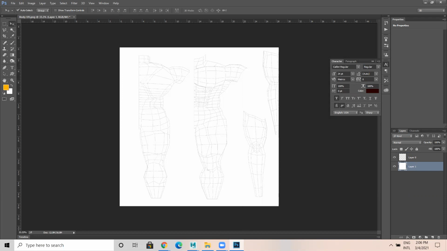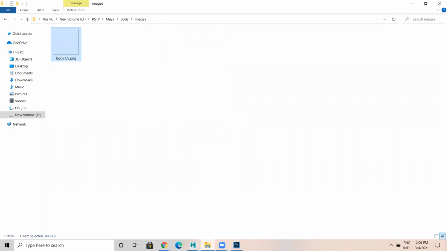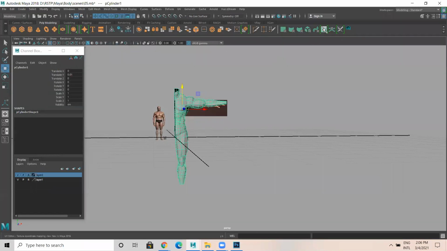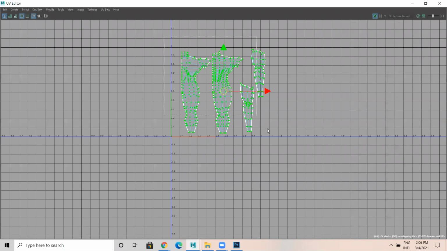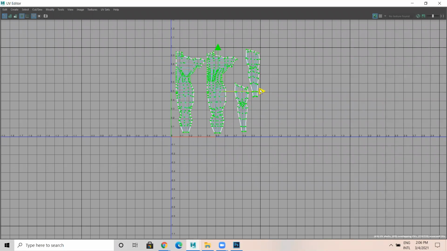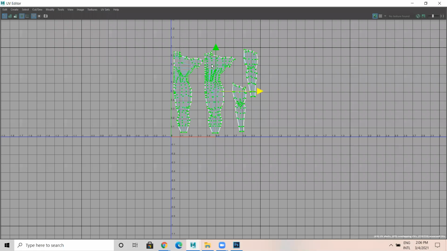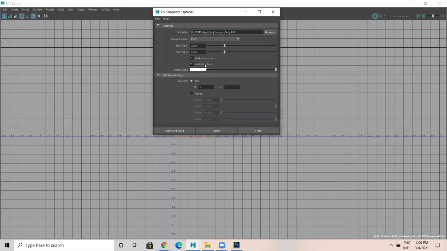Okay, I think here in Photoshop versus Maya UV, this has to be even more on the left side because there is a dark line here. Make sure in this particular dark box, these dark line elements are there. So I'll go to images, UV snapshot, body UV, apply and close, overwrite. Yeah, we can overwrite.